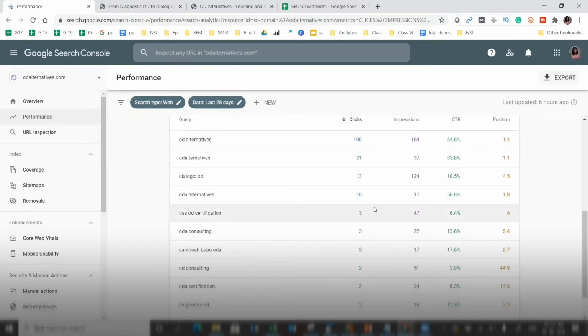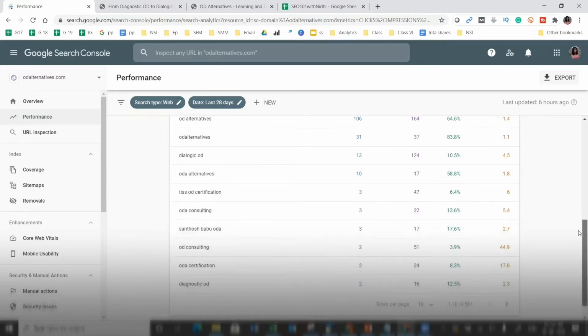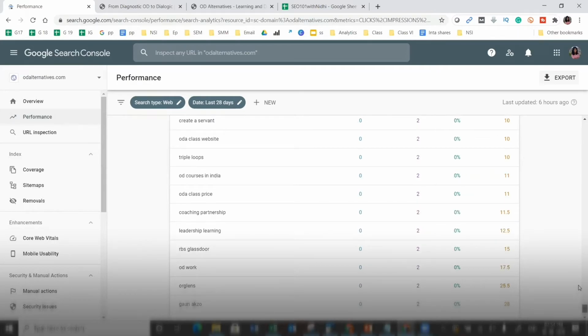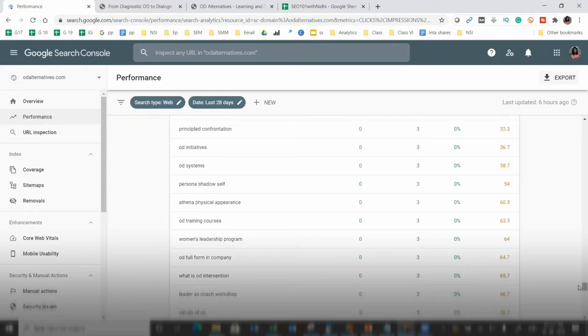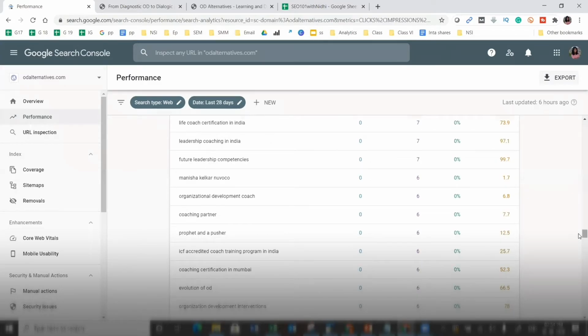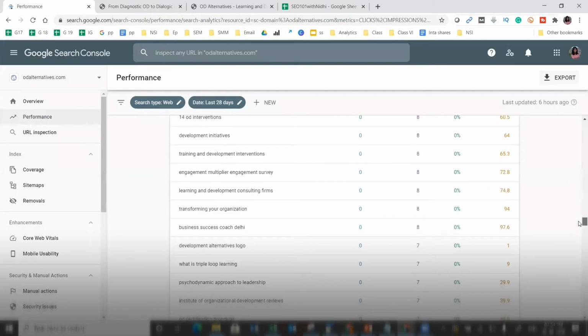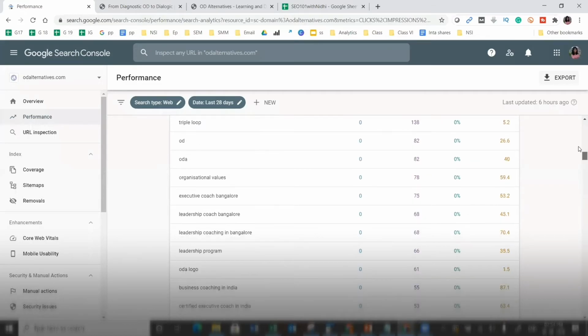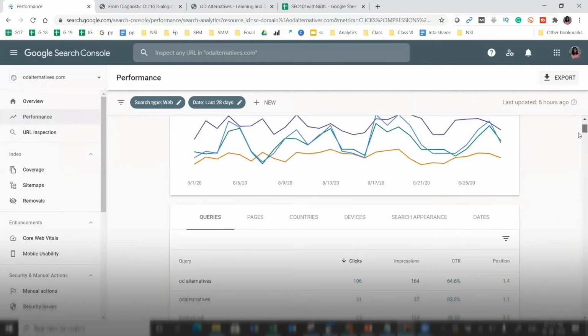So what are my money keywords in this case? These guys sell courses. So I will just put a filter to see all the search terms. Sorry, my laptop is responding slow because I actually selected 500 rows.